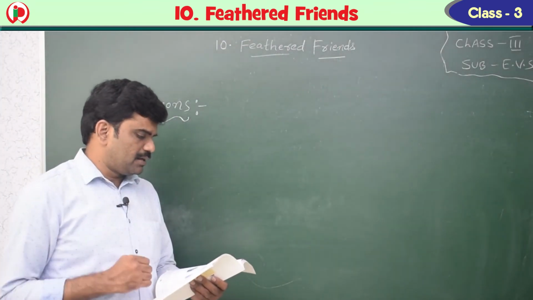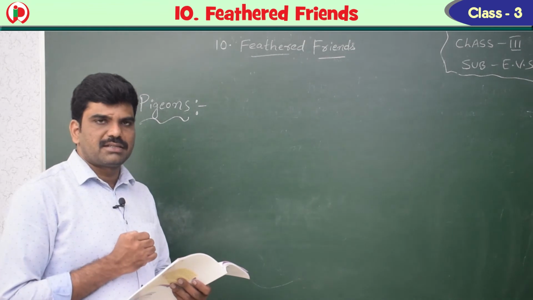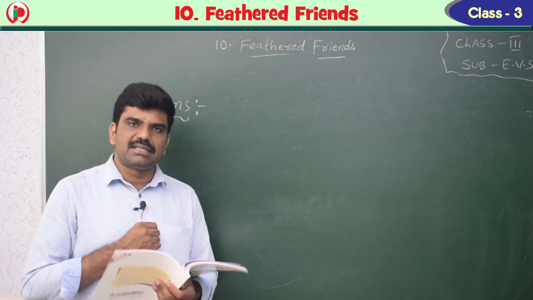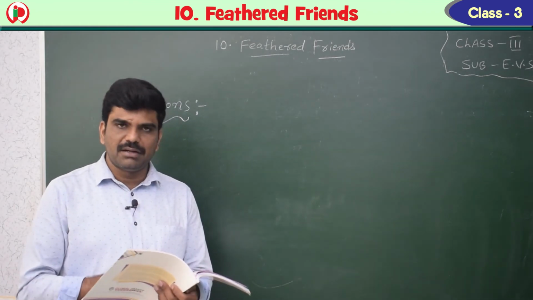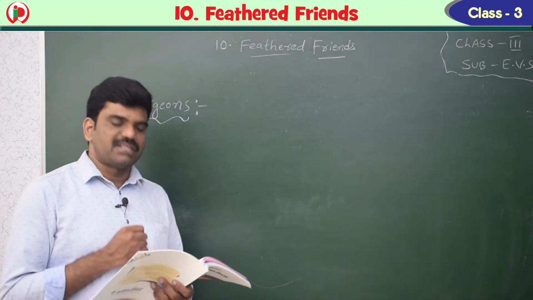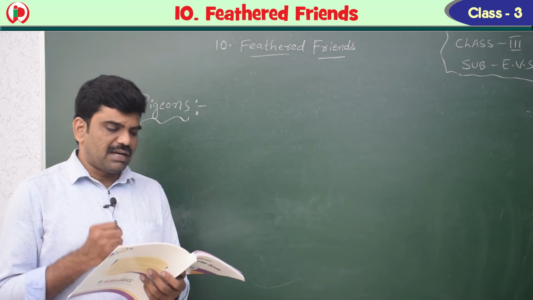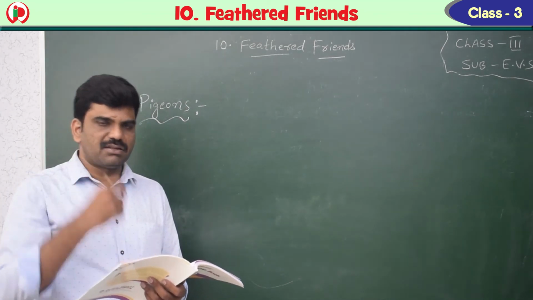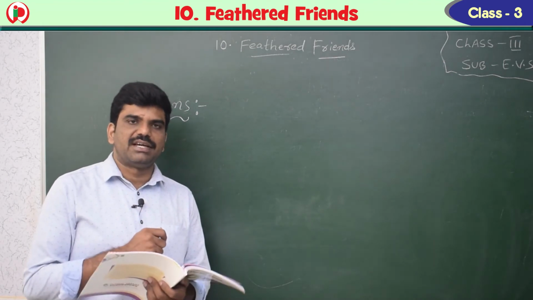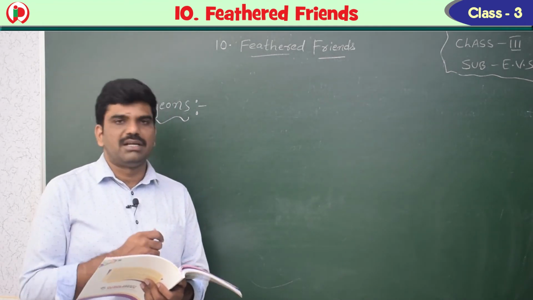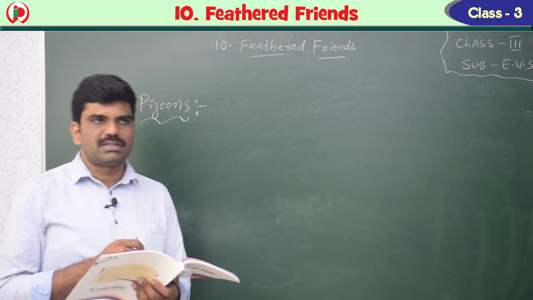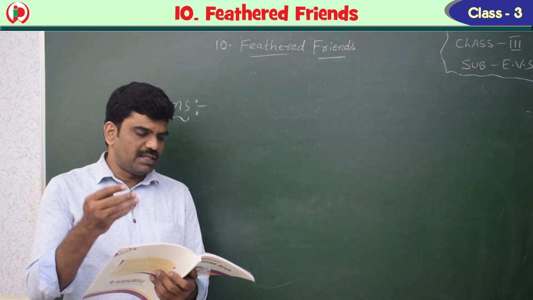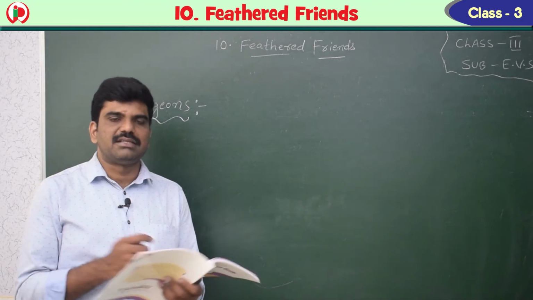Children, we have seen how the woodpecker builds its nest. Yes, it builds its nest inside the trees. We have seen the weaver bird weaves the nest in a fascinating way. Straw, grass, and leaves are used there. The nest hangs from the branches of a tree. Just now we saw the tailor bird. It sews the leaves by making holes, and after that, with the help of threads, wool, leaves, and spider web, it stitches them.